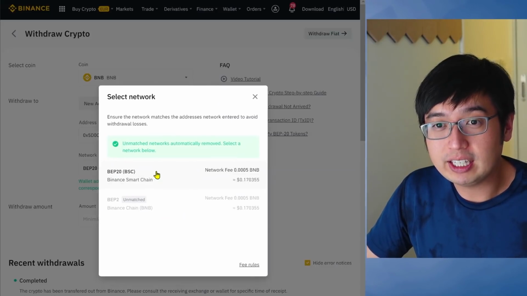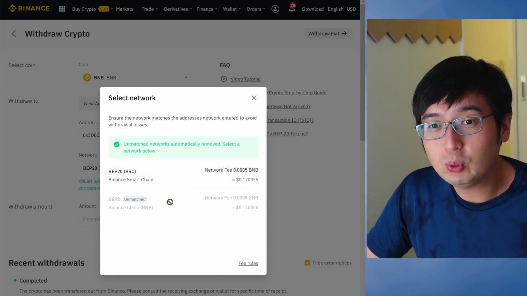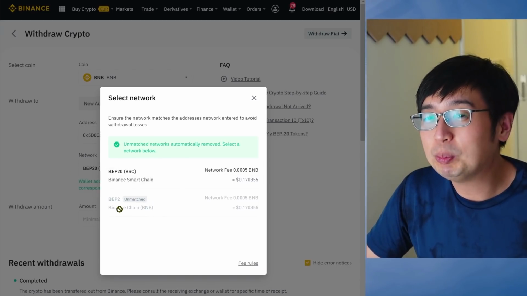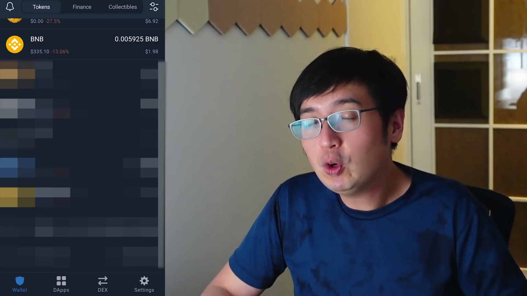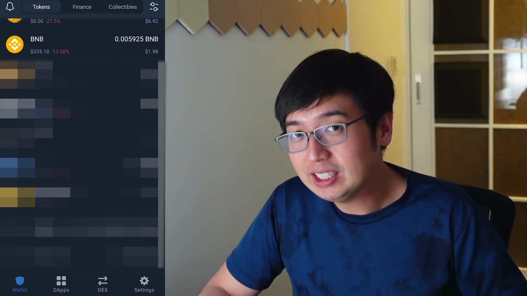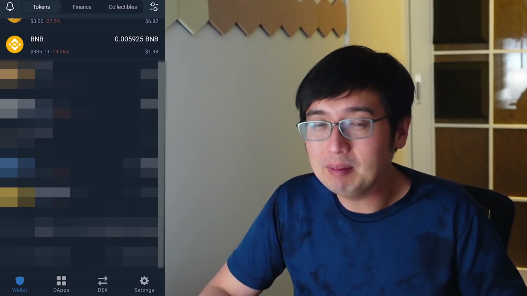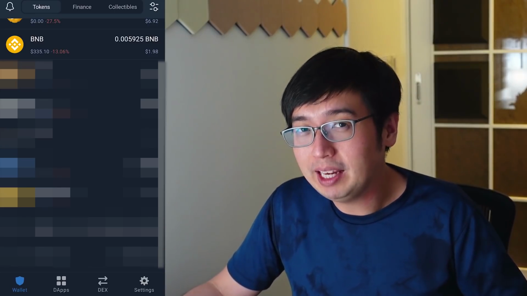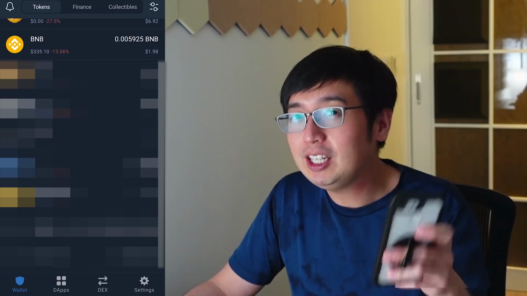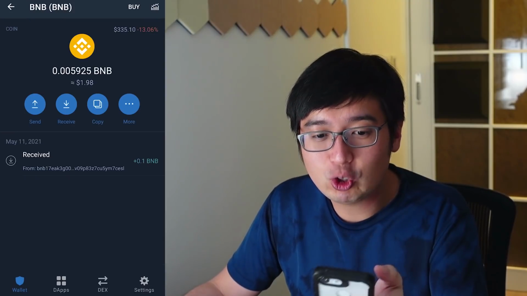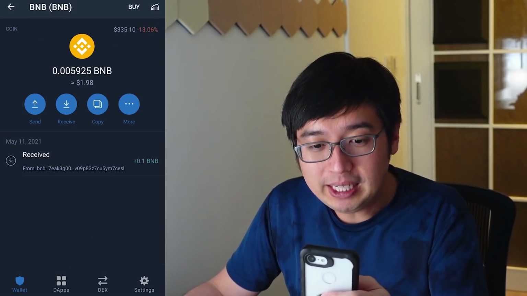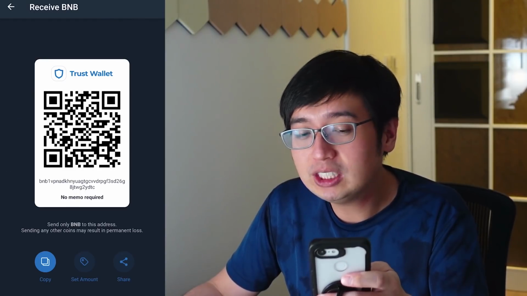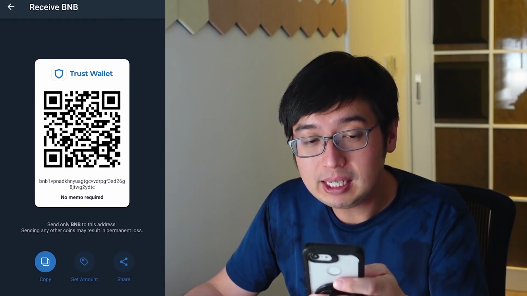See, and then if we click down here, you're gonna see BEP20 or BEP2. If you're on Binance US, it's BEP2. So if you only have access to Binance US to get your BNB, not a problem. Go into Binance US, buy some BNB, withdraw that BNB to your Trust Wallet. You're going to withdraw it to your BNB address. So if you hit receive, you're going to see your address starting with BNB.